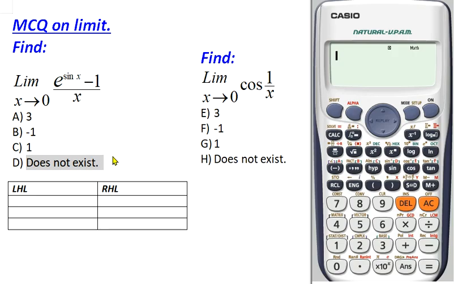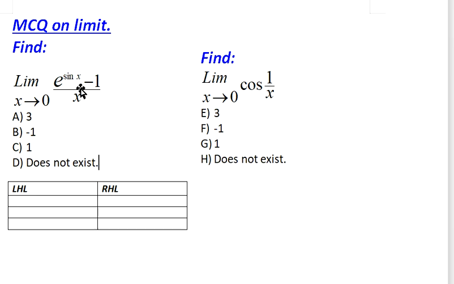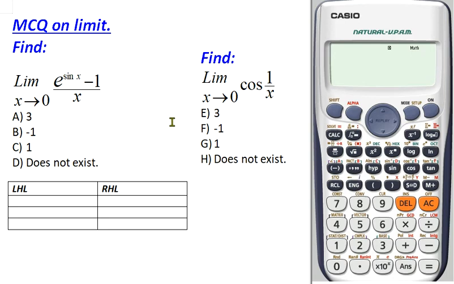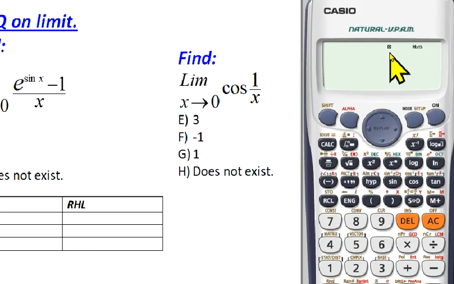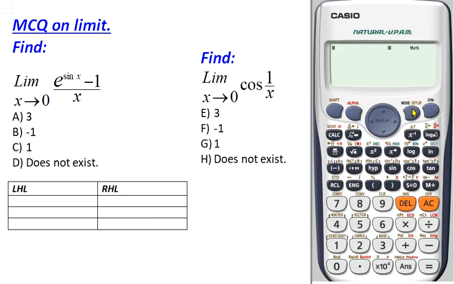Here we can see that the function involves a trigonometric function, and the variable x approaches 0, which is measured in radians, so we have to first change the mode of the calculator from degree to radian. Our calculator is now working in degree mode. Let me change this to radian mode by pressing shift and then mode, then number 4 for radian. Now our calculator is in radian mode.